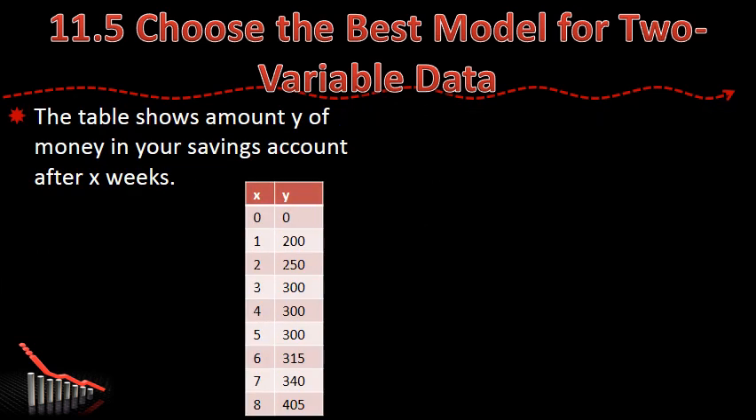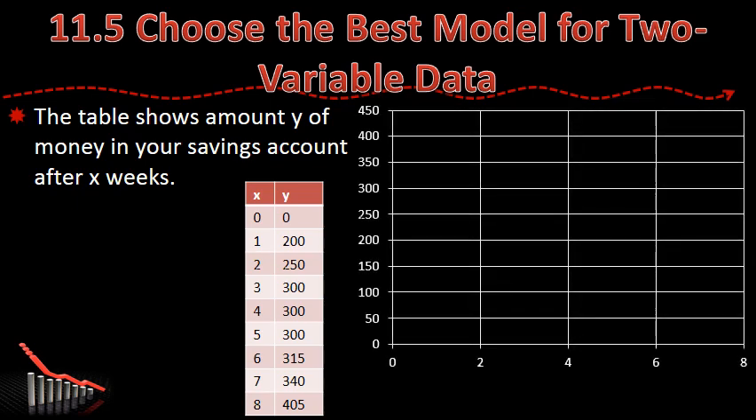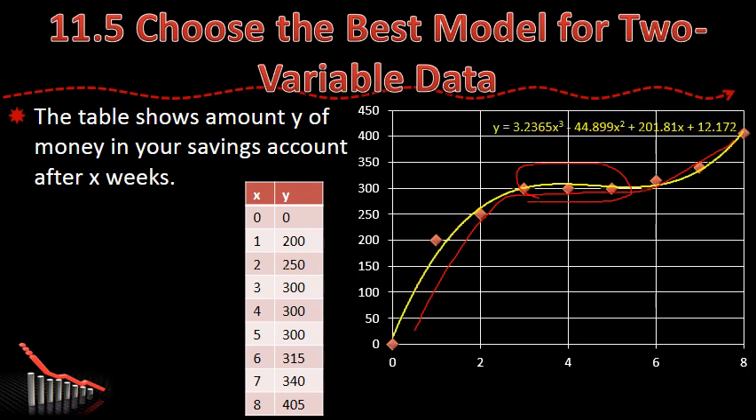There's another one, money in your savings account after X weeks. Start by graphing the points. We're looking at the shape and all that. You see it levels out here in the middle. So it's going up, levels and goes up. That is cubic. So I use my calculator and it gives me this equation